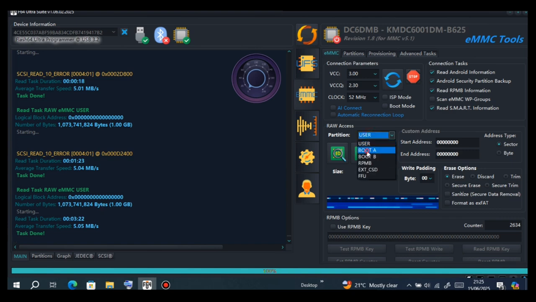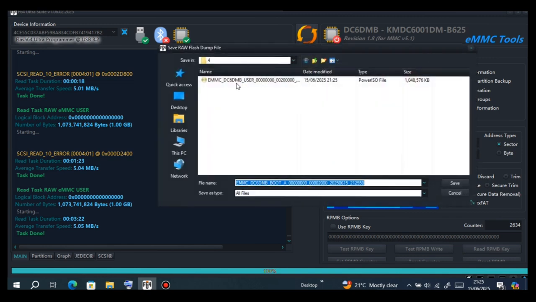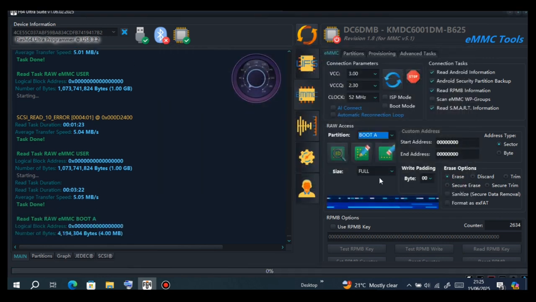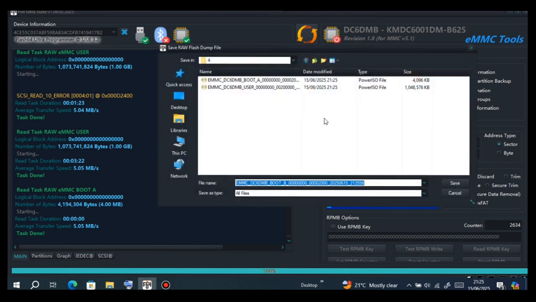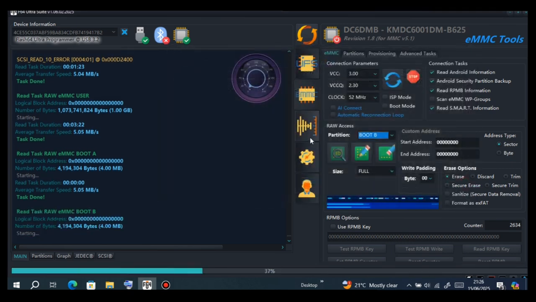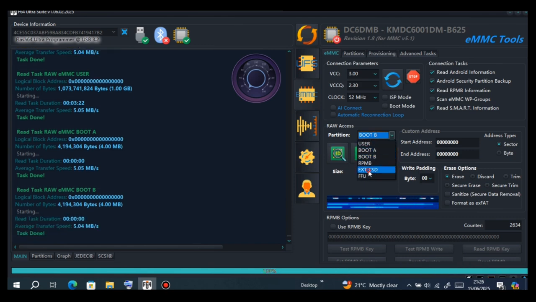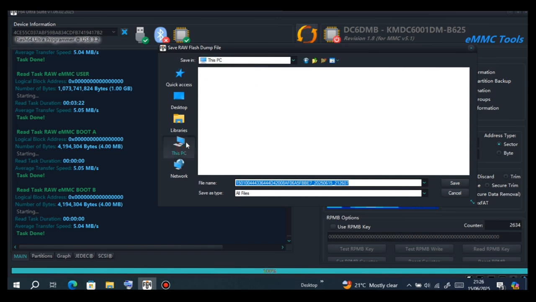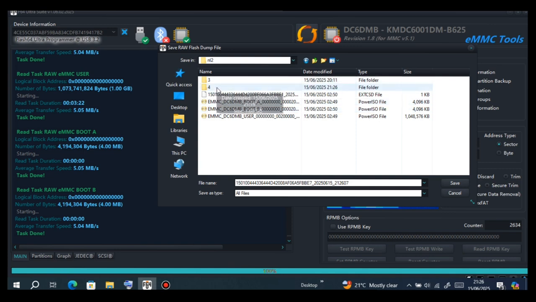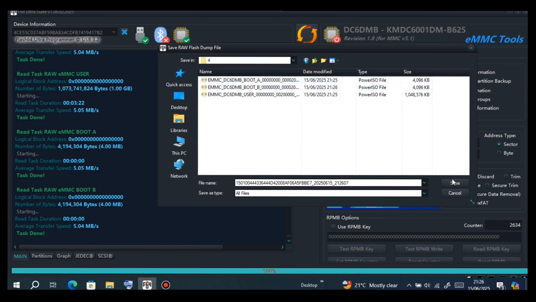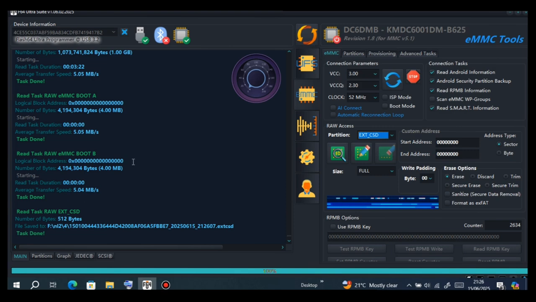Now we go to boot A, save, in the same folder, folder 4. Boot B, save, in the same folder 4. Ext, backup, in the same folder, folder 4, save. Done. Now we have to short RST,